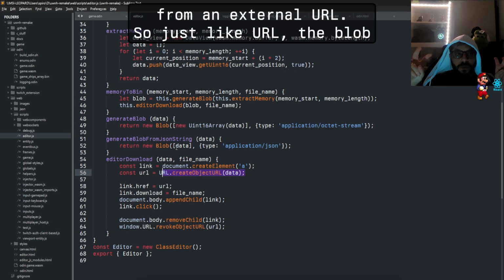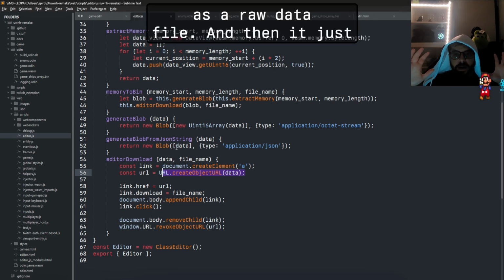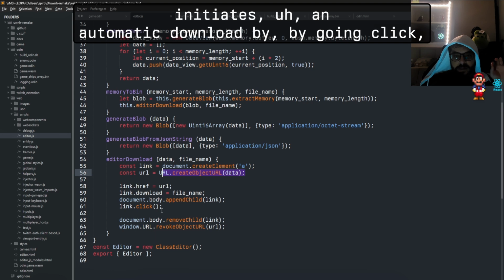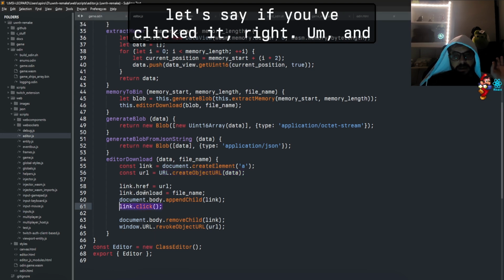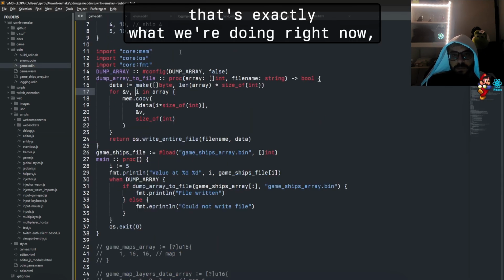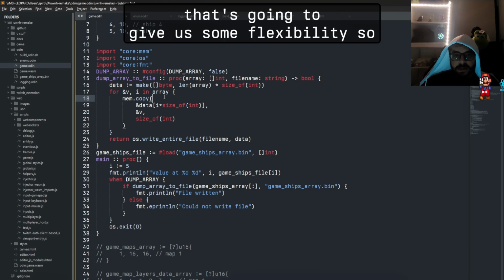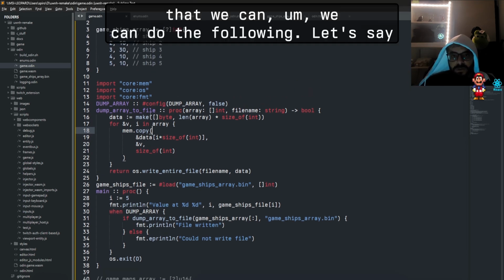So it URLifies the blob as a raw data file, and then initiates an automatic download by going click, as if you've clicked it, right? And then we store a .bin file, and that's exactly what we're doing right now, except we're doing it on the WebAssembly side, and that's going to give us some flexibility